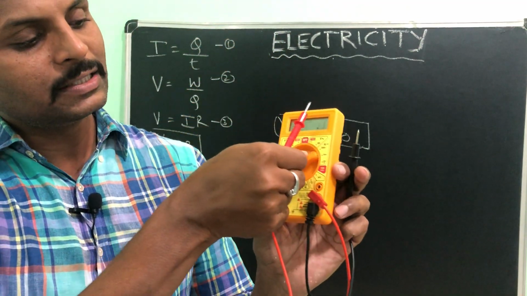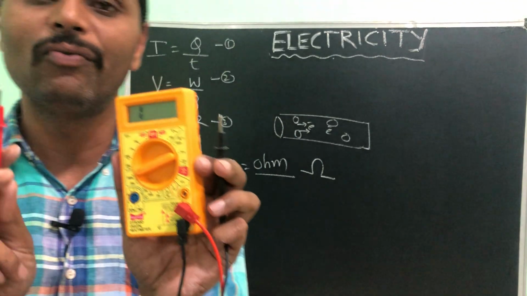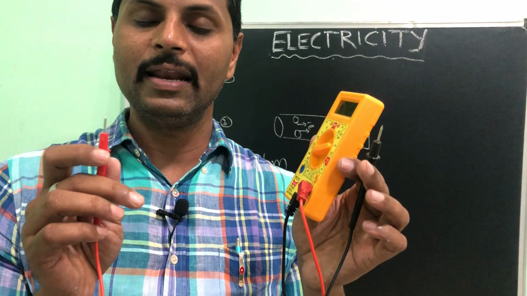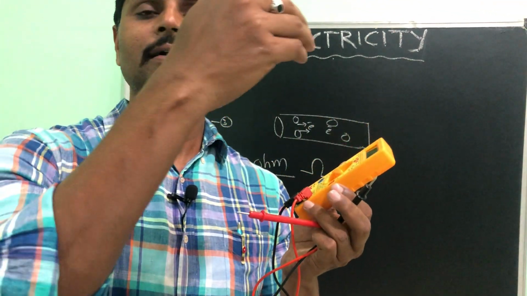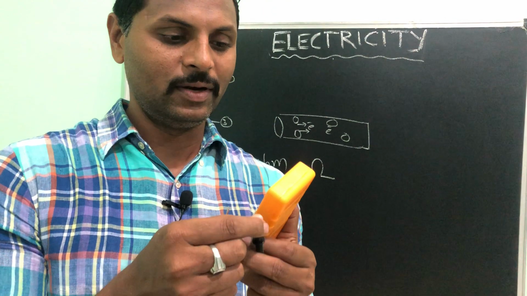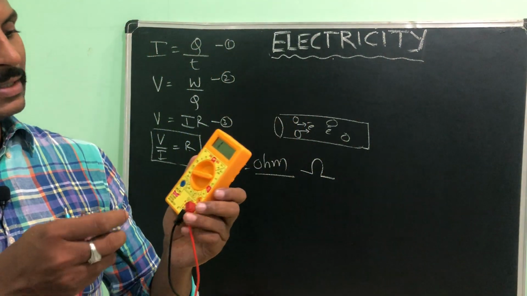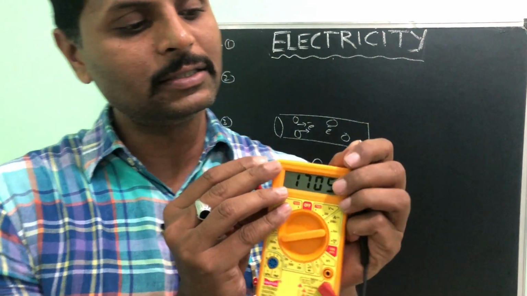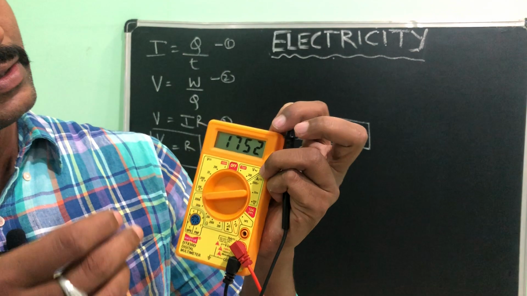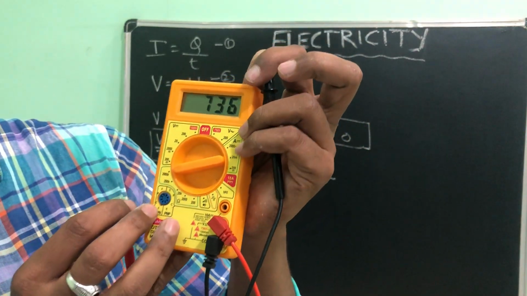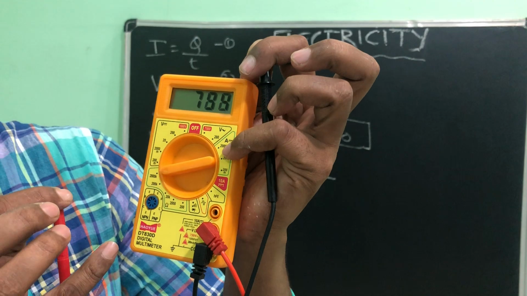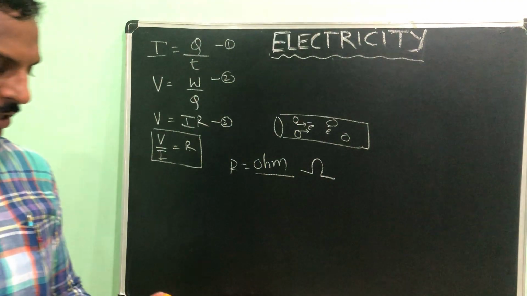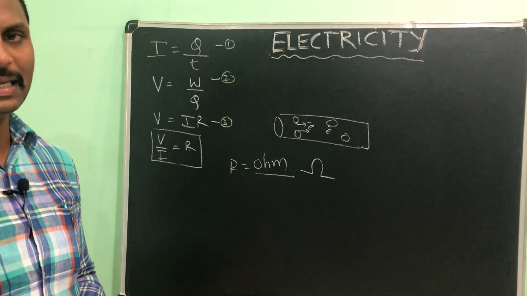See here, I am holding it in the air only. Air is having more resistance. It is showing 1, which means it is having more resistance. Dry air is having more resistance, that's why the current is not flowing in this one. Even you can see my resistance also, see here I am holding this, how much it is showing. It is showing almost 780 or 800. So resistance is more, that means current will not flow very easily.